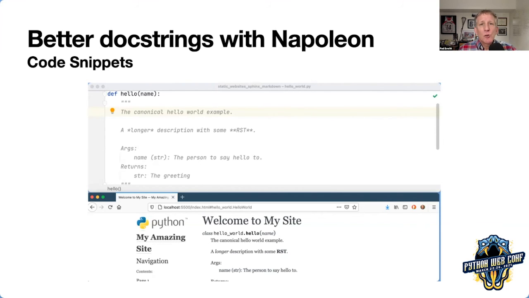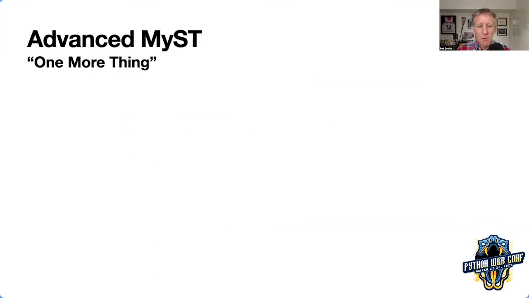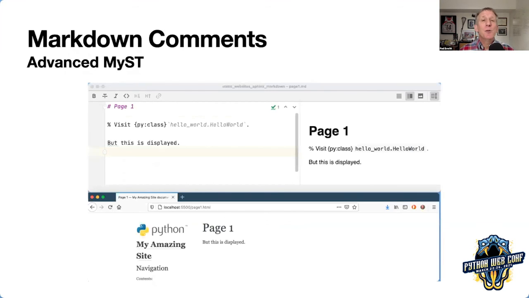Now let's get on to some advanced stuff that we can do with MyST, the kind of open your mind, think bigger about what you might want out of a simple little blog generator. And I'll start with the dumbest thing in the world, comments. But for whatever reason, this is like a controversial thing in some systems. If you have some content in your Markdown that you don't want in the output yet, you can put a comment on it. It will not be generated, will not go to HTML, will not go to PDF, etc.